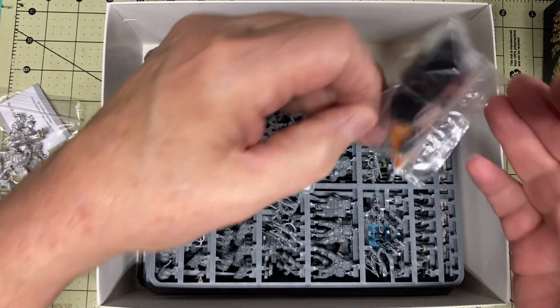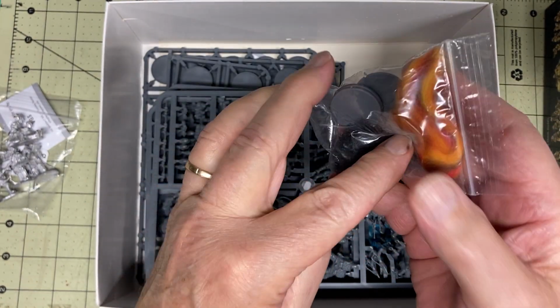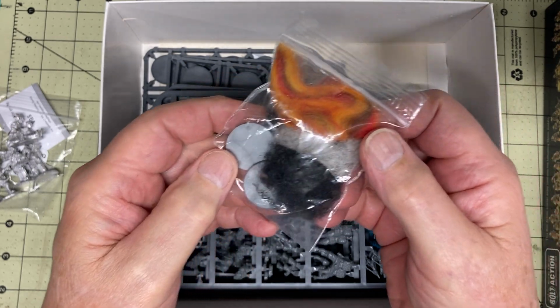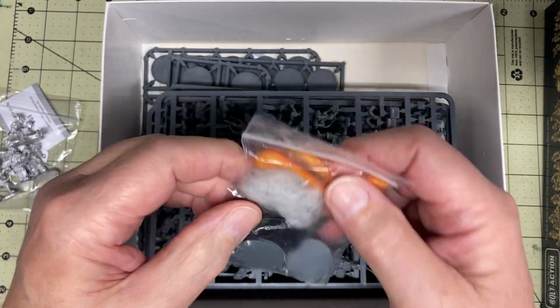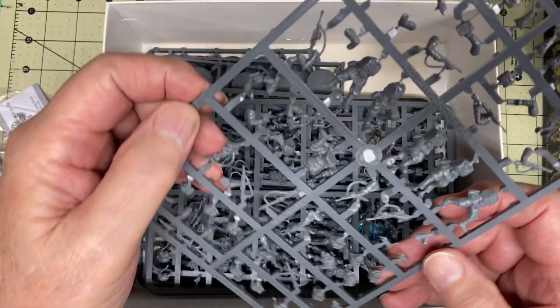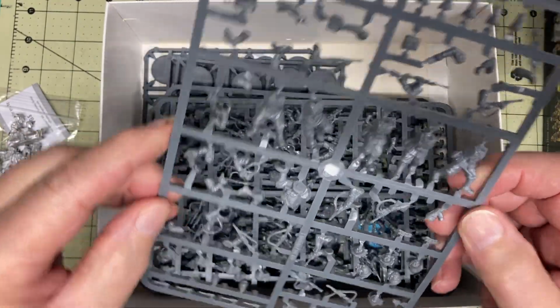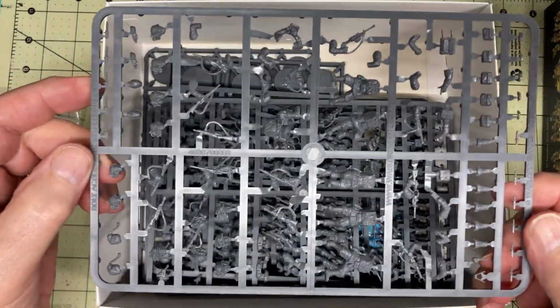And we also get smoke, flame, and burning markers that you can put on bases and extrude out to make it look like smoke and flame. All right, so we've got, looks like, 6 figures to a sprue,